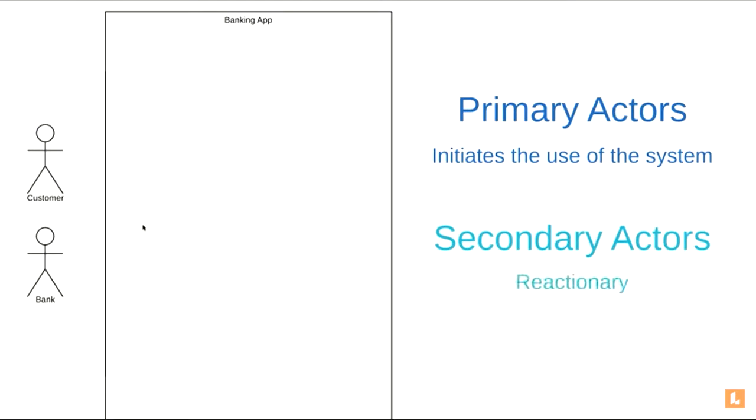So there are primary actors and secondary actors. Don't just keep in mind that primary actors are on the left side and secondary actors are on the right-hand side. This is true, but this is not the way to distinguish them. How will you distinguish primary actors and secondary actors? Tell me how you will distinguish that, yes, these are my primary actors and these are my secondary actors.